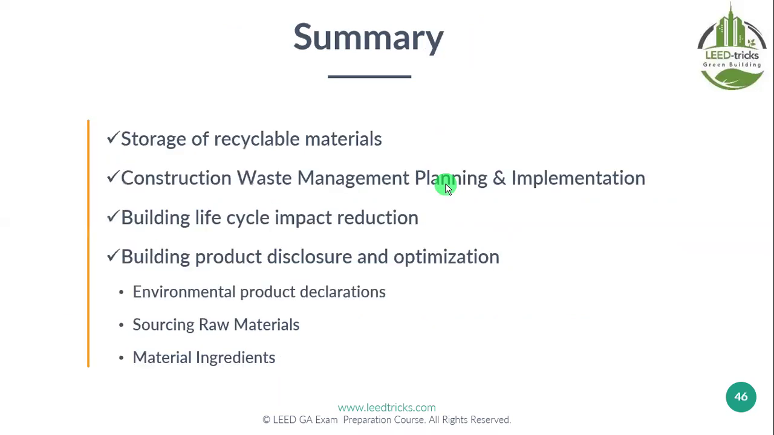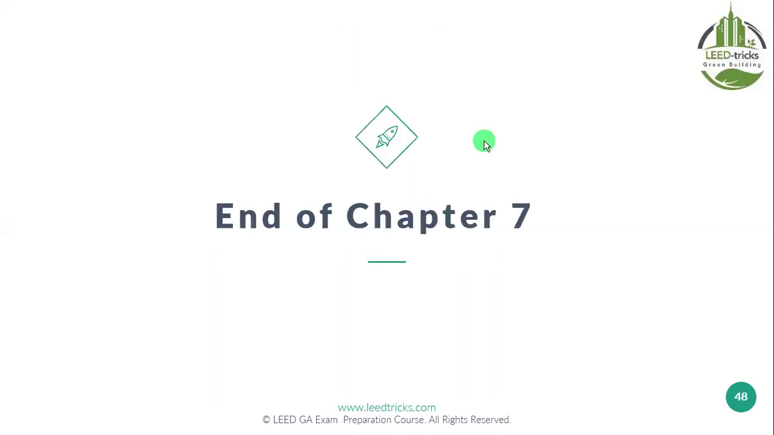As a summary, you need to have storage of recyclables. This is a credit, prerequisite, construction waste management, building life cycle impact reduction, the three options, building product disclosure and optimization. What are the preferred materials? Very simple, but let's have some